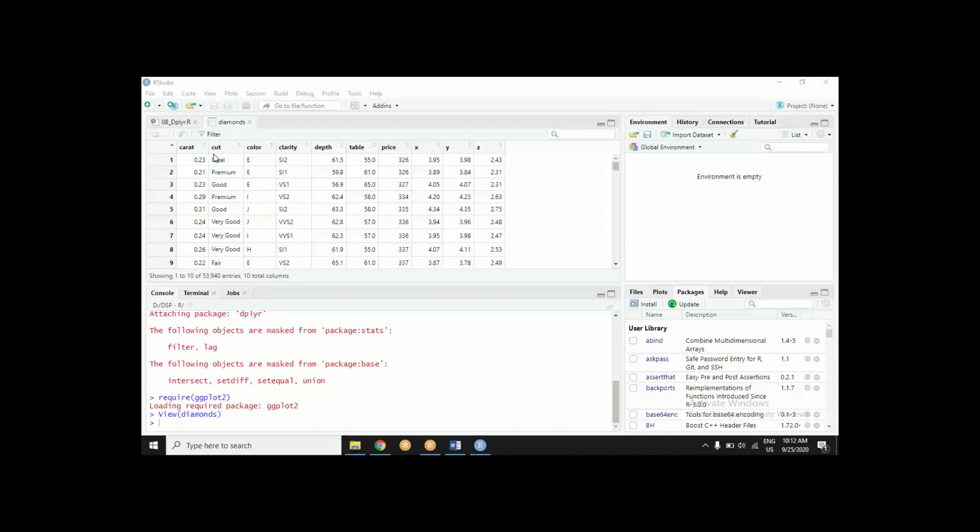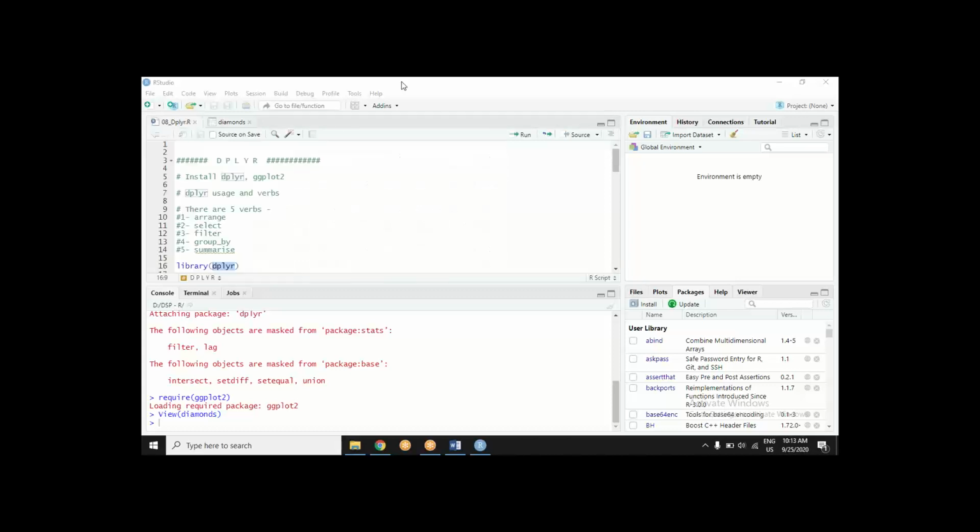We have just installed a package, dplyr, this one, and we are trying to see what the functions are, why we are so much tilted upon dplyr. So we'll see some functions of dplyr which are either not available in the base package, and if they are available, they are not very efficient. We will see just in a bit why.